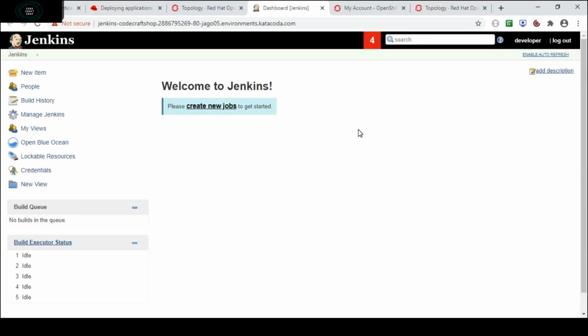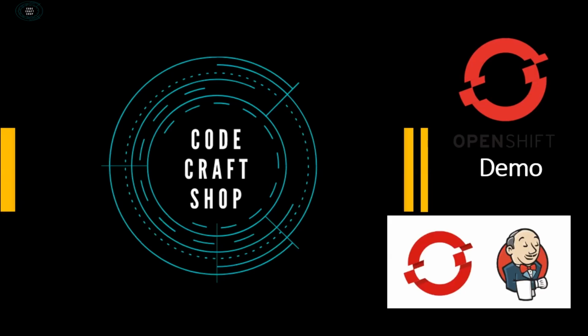After the account has been authenticated, we land on the welcome page of Jenkins. So Jenkins is deployed on OpenShift and we are able to access it. This is all about the demo.